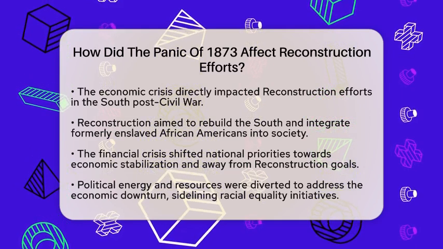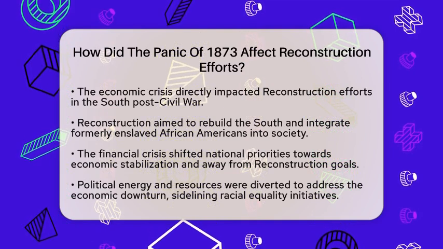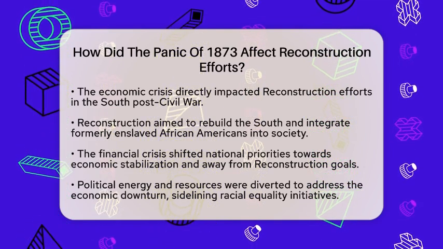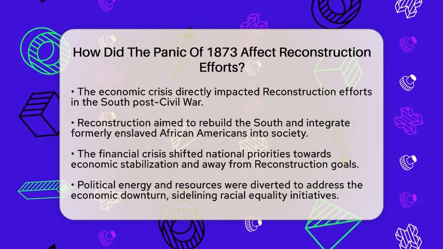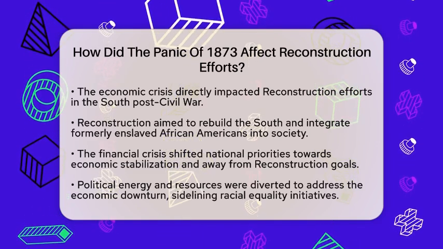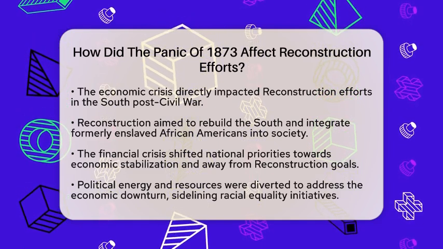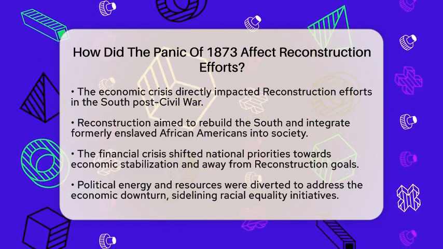First, the financial crisis demanded immediate attention. The focus shifted to stabilizing the economy, rescuing failing banks and businesses, and addressing the widespread unemployment. This diversion of political energy and resources meant that Reconstruction policies aimed at racial equality and rebuilding Southern society took